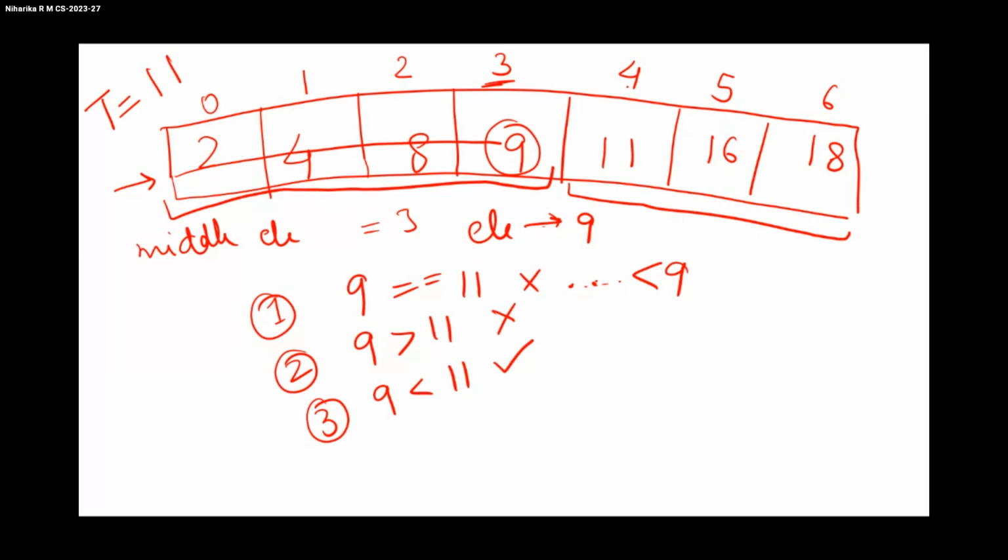And again, in these three elements, we'll go to the middle element, that is 16. So now we do the same thing. Here we know 16 is greater than 11. So we know that every element coming after 16 is also greater than 11. So we can eliminate this as well, and we come to this, and we'll be finding the answer we need.